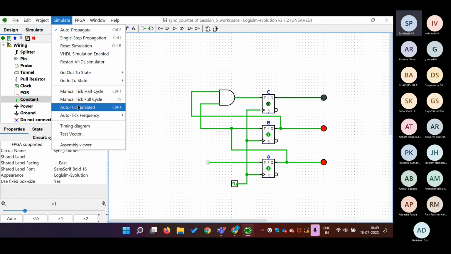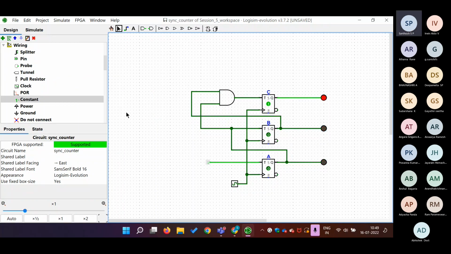Okay, I'll start the simulation. I'll continue the simulation now. So this is 100, it represents 4 now. 101, it represents 5. 110, 6. 111, 7. Now it gets reset: 000, 001, 010, 011,